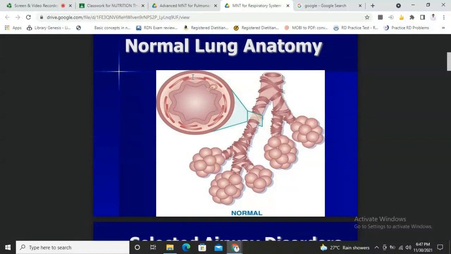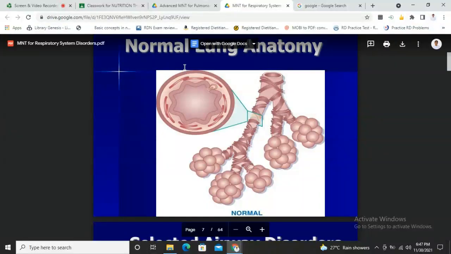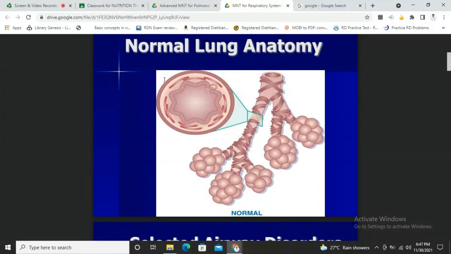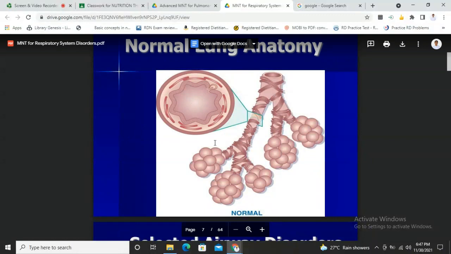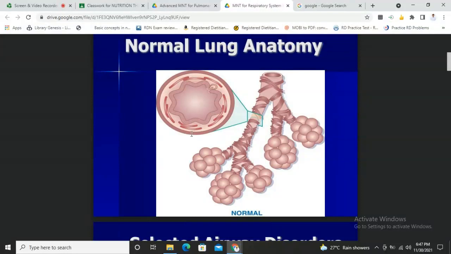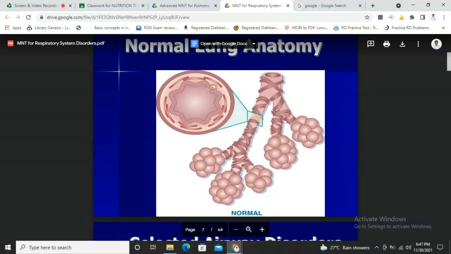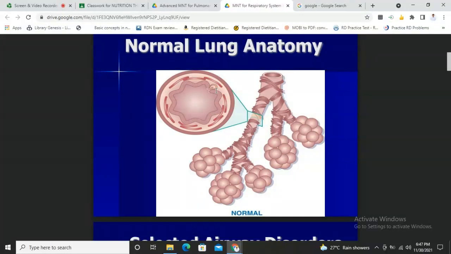And kani siya, mao ni ang mga muscles that are responsible for the elasticity of the alveoli. Okay, it's very important that your lungs, especially the alveoli, are elastic, because kung dili siya elastic, then maglisod ta ginhawa. Okay, very important pud nga dili siya inflamed or else maglisod pud ta ginhawa. Okay? And usually, for example, sa COVID-19, nganong maglisod man sila ginhawa, due to the inflammation sa baga ni, no.